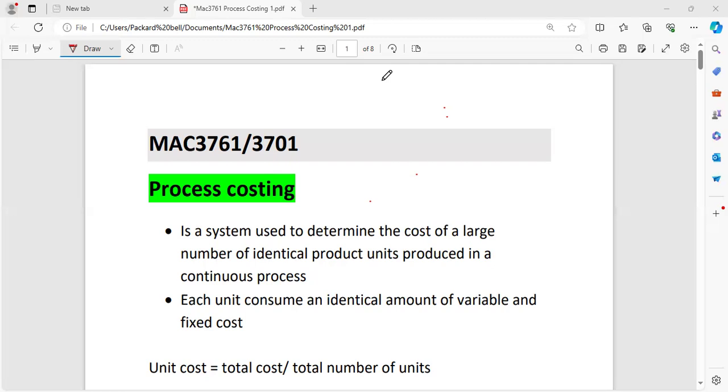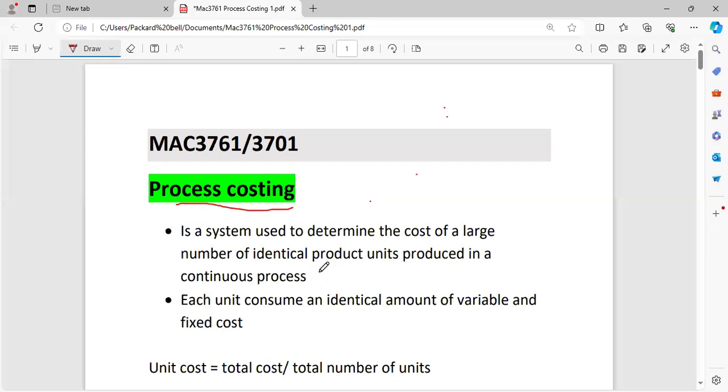We're going to do our last topic for test 2 preparation. So on Saturday, we'll be doing a revision for test 2. Right, so let's look at this last topic for test 2. Right, process costing is a very straightforward and simple topic, but we need to understand it to maximize our marks